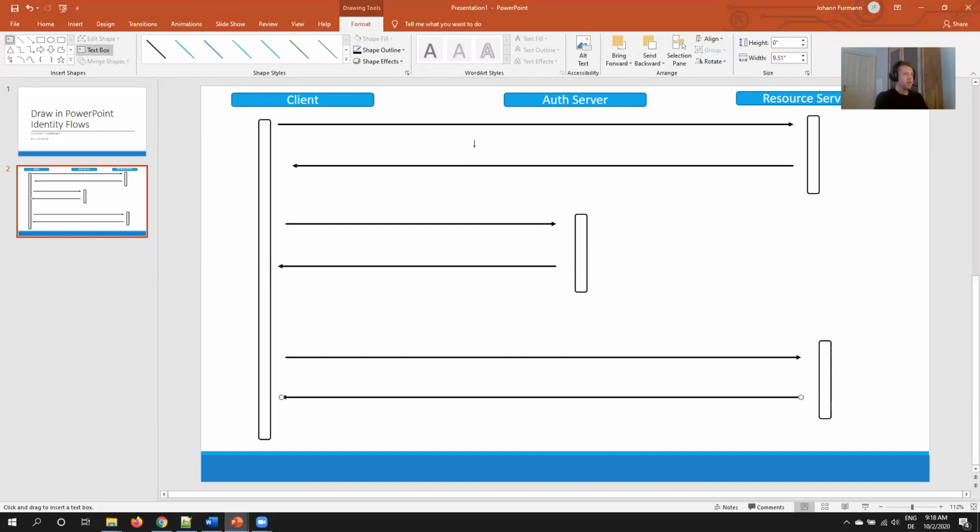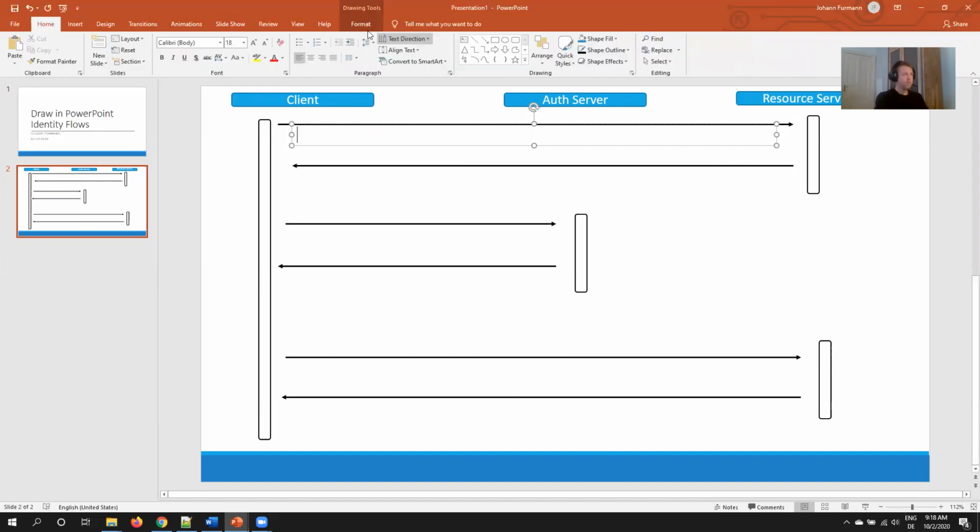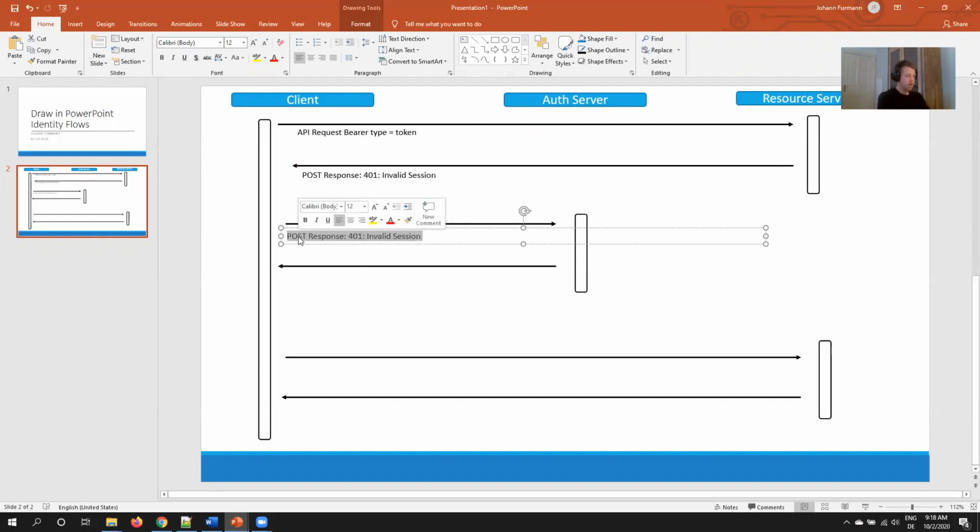So then I start to add my text boxes. I usually change them to a font size of 12. Post API request, bearer type token, and I immediately draw the other box. Post response, 401 invalid session. If Salesforce is the resource server, then we go to the token